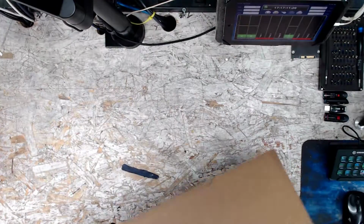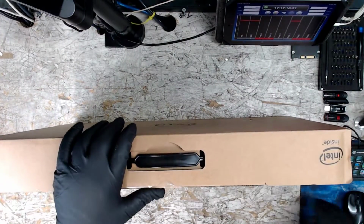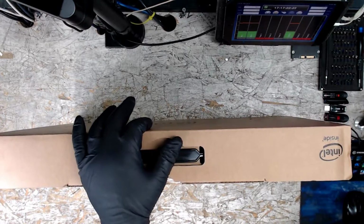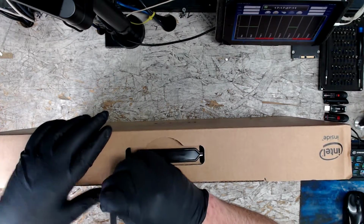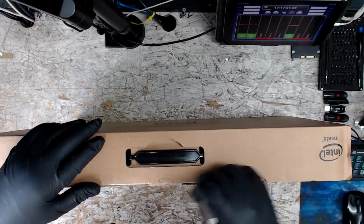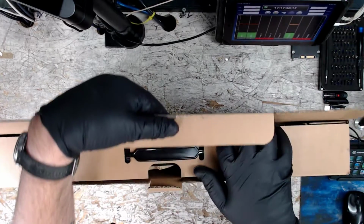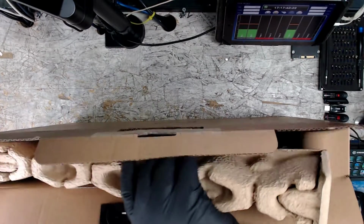Anyhow, we've got a Dell Inspiron. Make sure. There, no, it's chopped. It's chopped. No, maybe not. Maybe it's resealed. This is an Inspiron 17 3000, 3781, I do believe. Dell Inspiron 17 3000 series 3781, 3871, something like that. I forget its actual designator, but